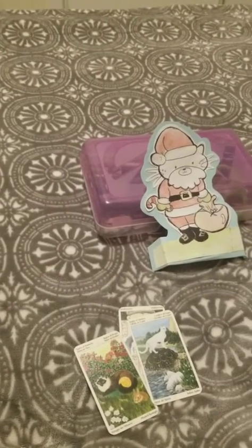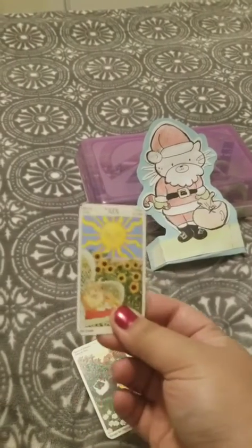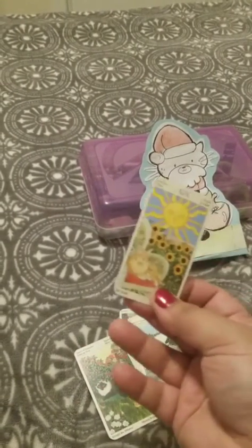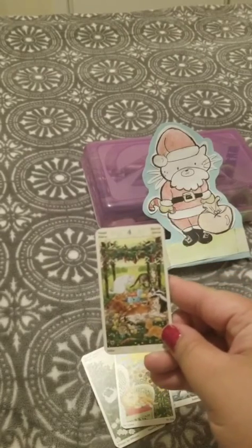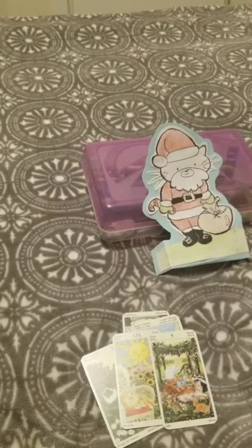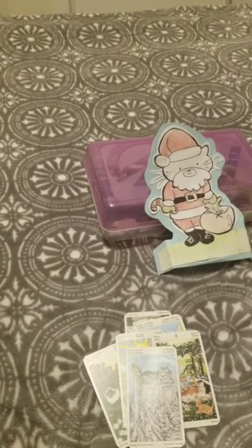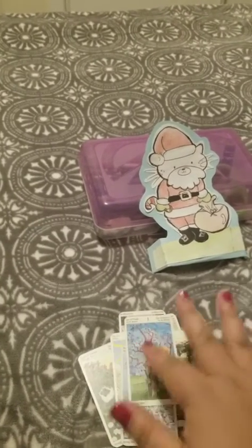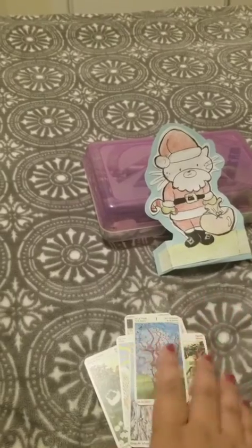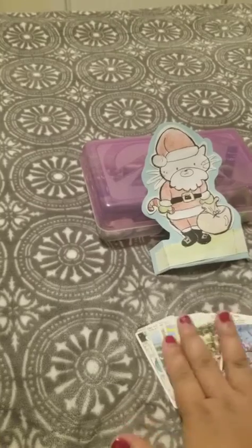Okay, Knight of Chalices too. I see you here. You will have this sun and joy coming up, but right now, perhaps, that's not your mind frame and mindset, but someone does give you a lot of joy, and you do see them as someone that you can have a long-term relationship with. King of Swords. So you just have to be very decisive, do some strategic planning in order to get that sudden inspiration, or Ace of Wands coming up. So maybe this person inspires you, or something like listening to someone that inspires you is going to definitely help you get a move on,